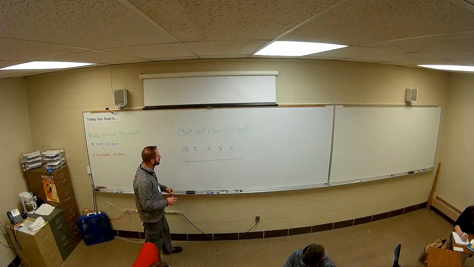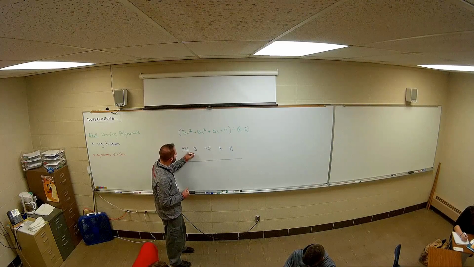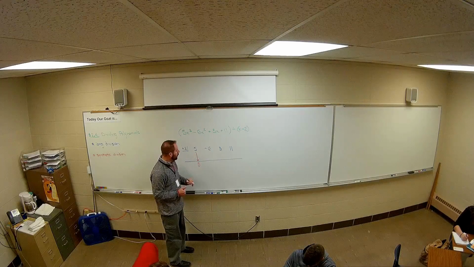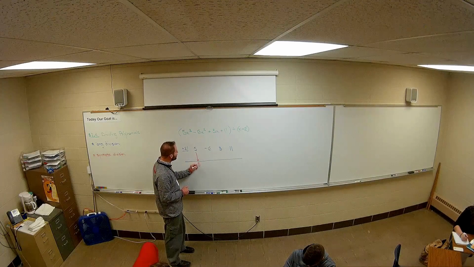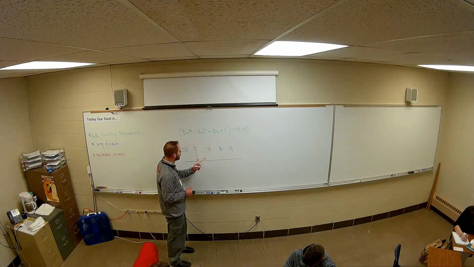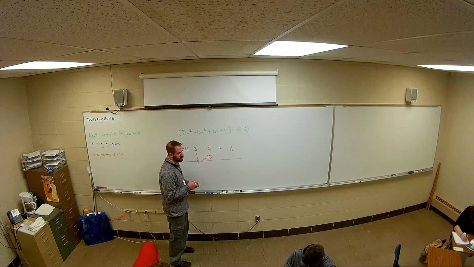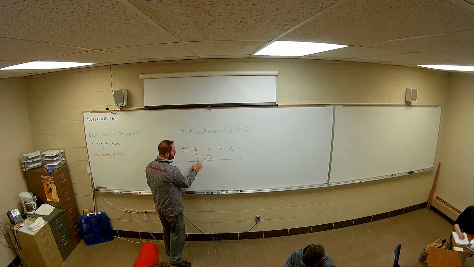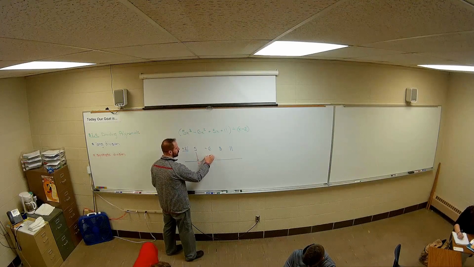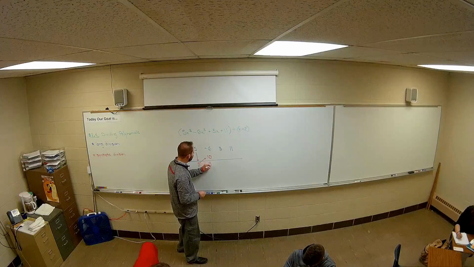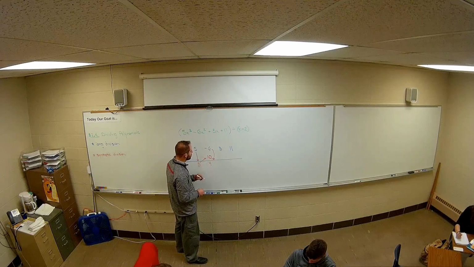Okay, so the rule I talked about yesterday: you drop this first number straight down, so the 5 will go here. Then you multiply this number here by the number in the box. So what's the number in the box? 2. So we take this 5 times that 2. That's the number you write right there. So it's always whatever's here, you multiply by the number in the box and write it right here. Then you add straight down like we just did a little bit ago. -6 plus 10. 4, right? That's adding straight down.